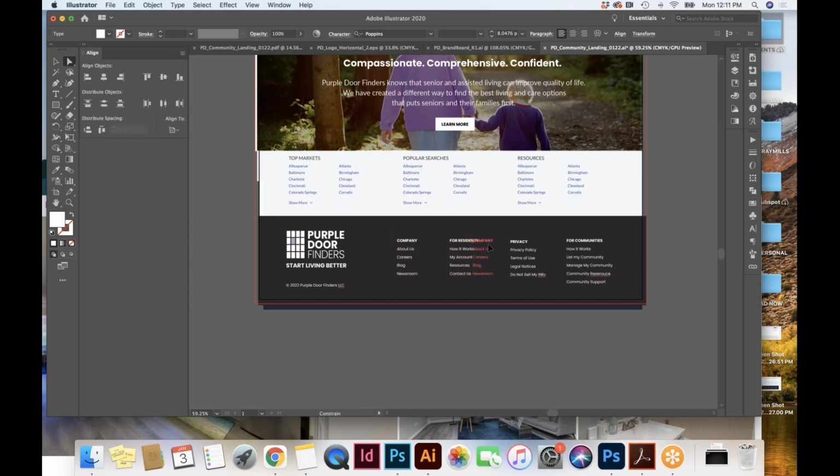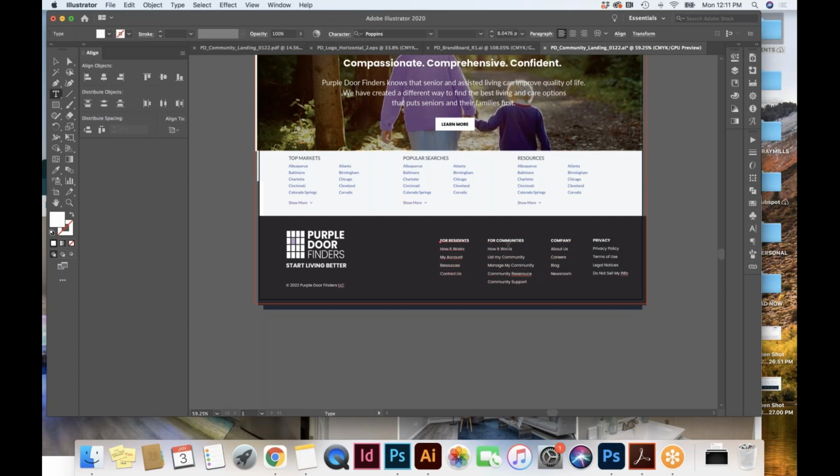Then should we switch these around? Maybe it goes, what about resident tools and community tools? Or just keep it? I think for residents, for communities very clearly articulates that there's two types of users. Okay. Now, if we don't want the sub links to be labeled the same out of fear of some kind of confusion, we should just change the names.